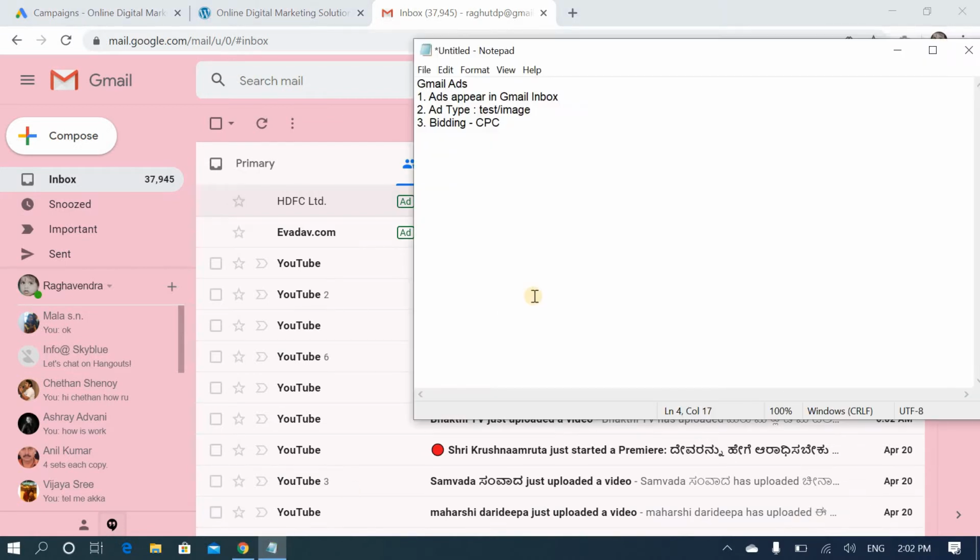Next, the fourth point: targeting is very important. In my previous video on the standard display campaign, you can target in many ways, like place, demographics, affinity, keywords, and placements. But here I will explain all the things. One is place: you can target by place. I'm targeting the Bangalore location. If you want, you can target entire India, even the entire world, or any specific location in Bangalore.